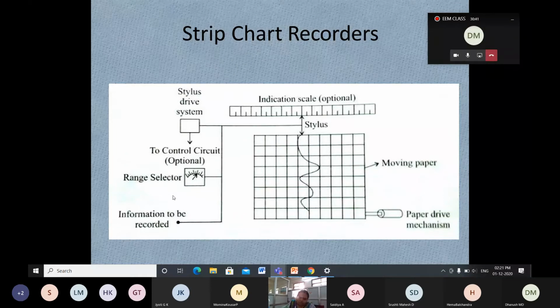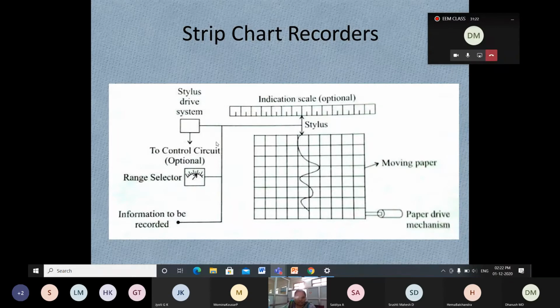Next, whichever event or information you are going to record has to be taken. Then a range selector is used. What is the range? Are you going to record voltage values, current values, or frequency values? Which one you select, and within what range, if you want to record 5 volts, or 5 amps, or 5 hertz. I can choose the range selector as 1 to 10 hertz, and within that, which value you record, say 5 hertz. Like that, the range you prefer has to be set here.